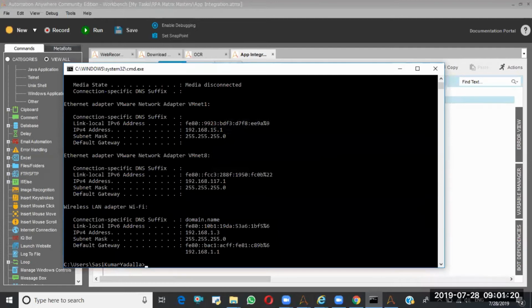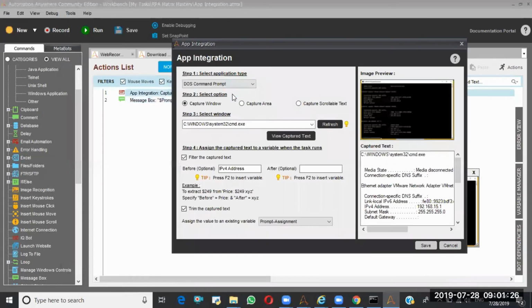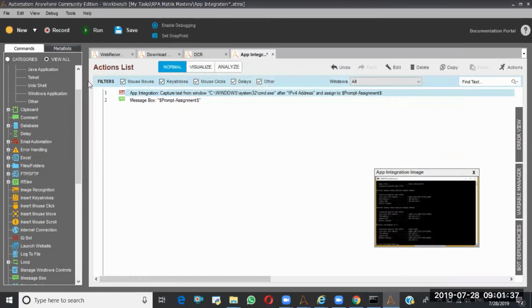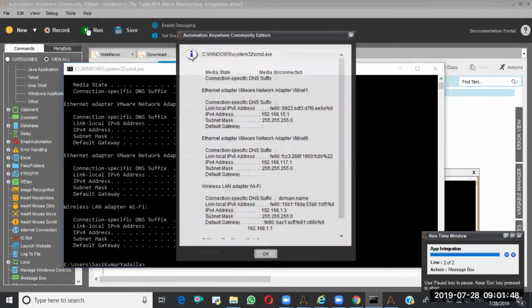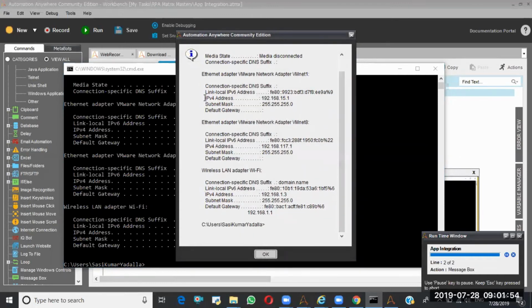So my string operation is not correct here. Let me go here. So I'm giving the null. This time let's see what it will do. See, okay, it is giving the complete data. So we need to perform some string operations on this somehow, and we need to get it as per the requirement.